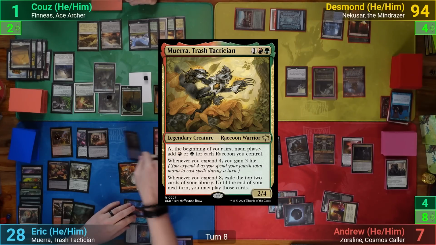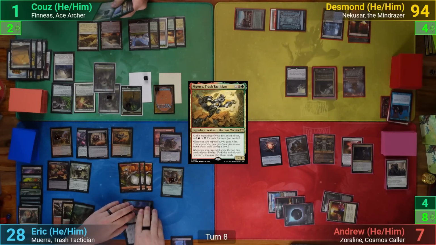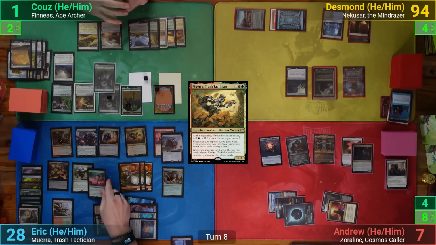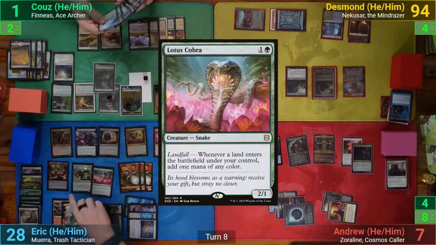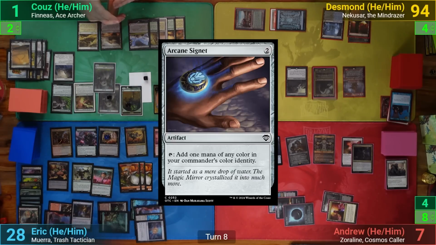Eric recasts his commander in his main phase, and he gets his 2 expend triggers from his raccoons that are on the board. He then plays a Lotus Cobra for turn. He follows up playing a mountain, and makes a green mana from the Cobra trigger, and then casts Arcane Signet,